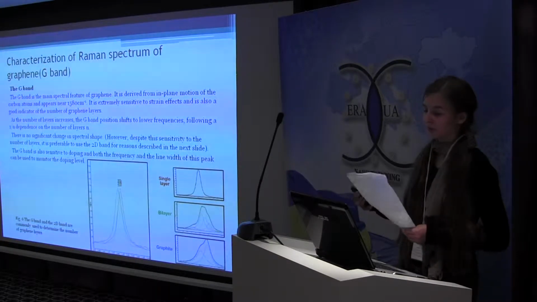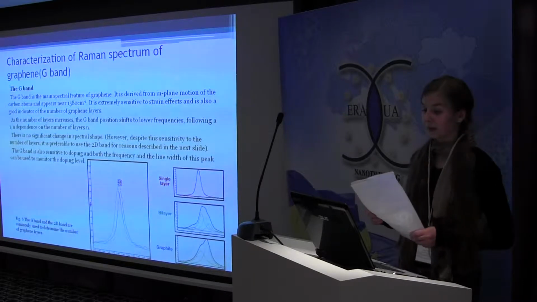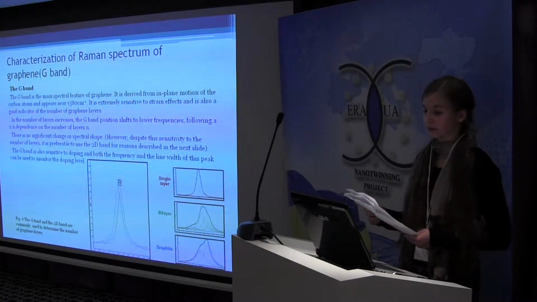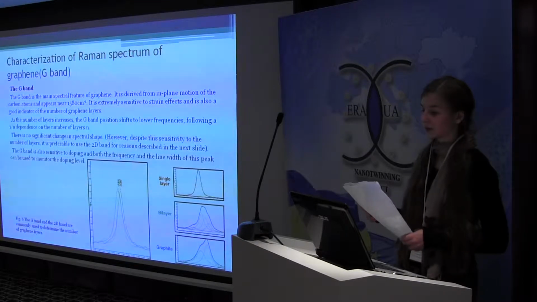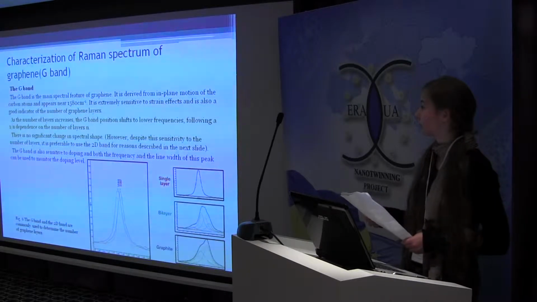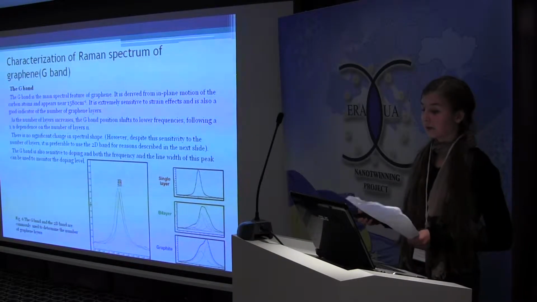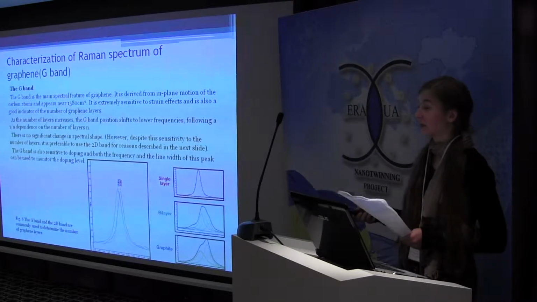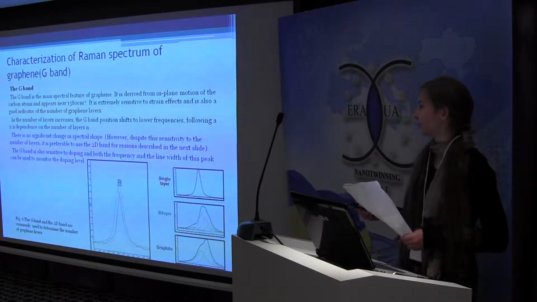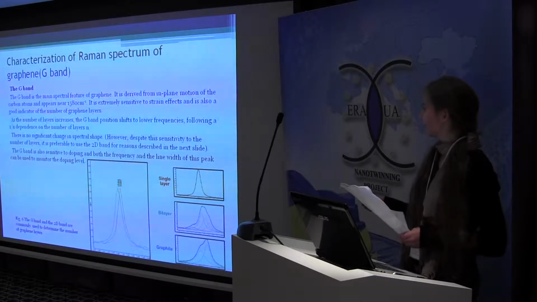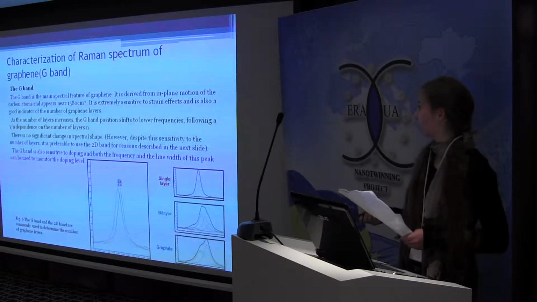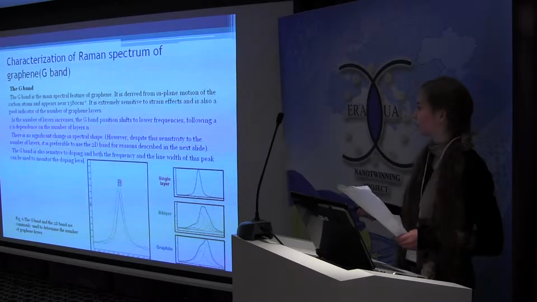Characterization from a spectrum of graphene: the G band. The G band is the main spectral feature of graphene. It is derived from in-plane motion of the carbon atoms and appears near 1580 cm^-1. It is extremely sensitive to strain effects and is also a good indicator of the number